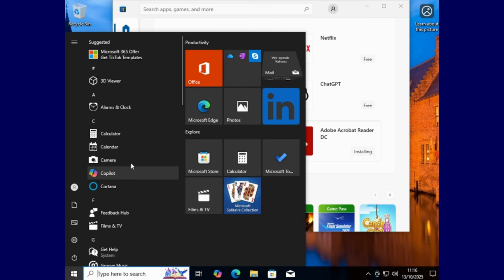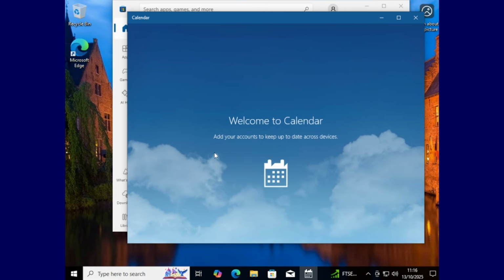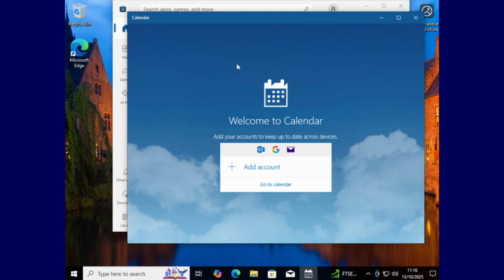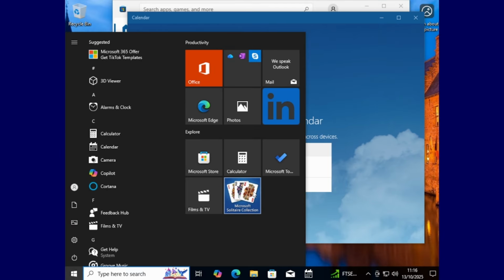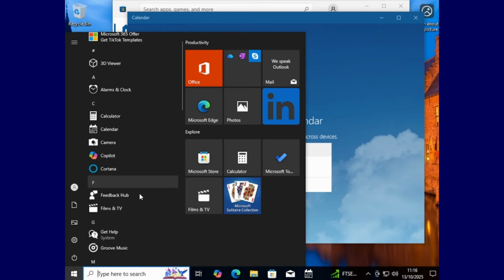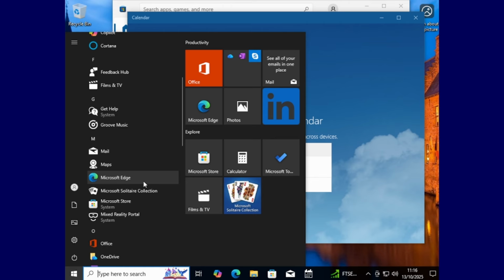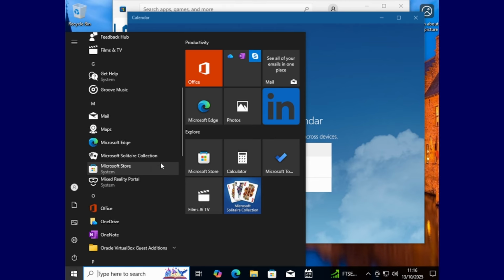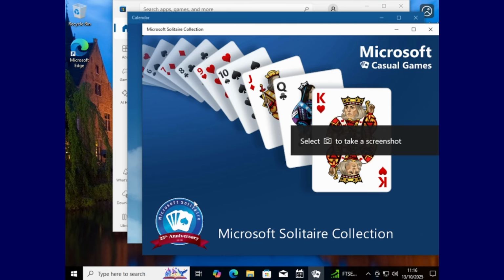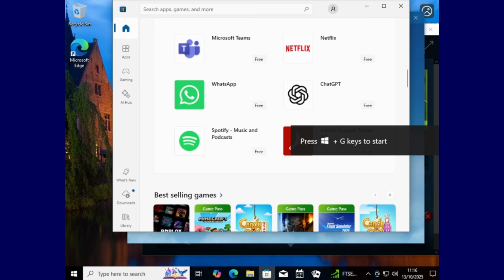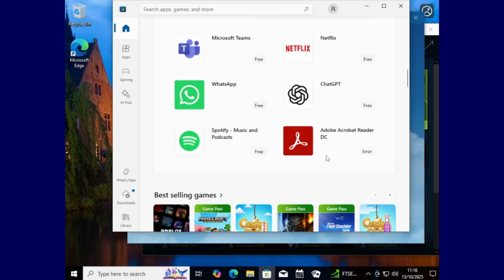And just like with other builds of Windows, look, there we go. We've got calendar. Just like with other builds of Windows 10, yes, you can run universal Windows apps. Oh, look, there we go. It's a newer version of the Microsoft Store. And these apps will just run in a window.